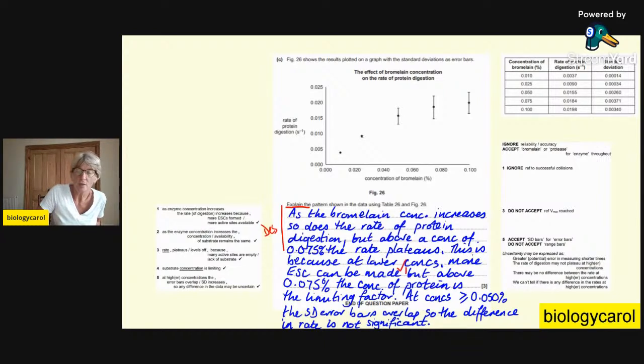So I got mark point 1, and I got mark point 2 because I said no. I got mark point 4 because I talked about the substrate. Here's funny. They've talked about substrate concentration in their mark scheme, not the protein. The enzyme concentration, bromelain, is the limiting factor. I didn't get any of these mark points because they wanted you to talk about uncertainty,